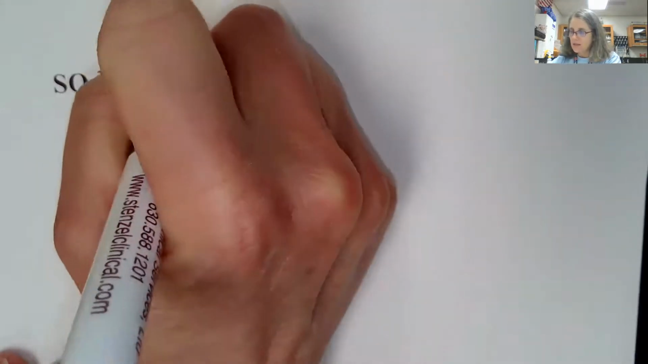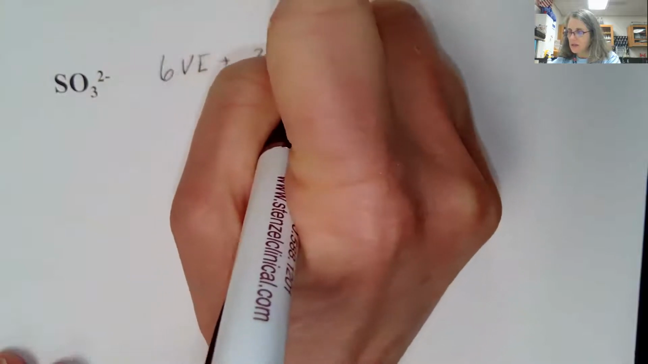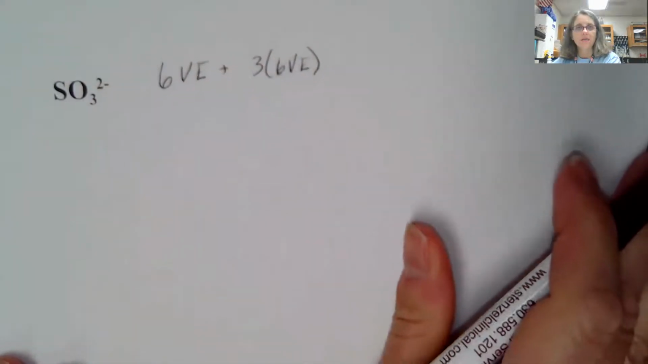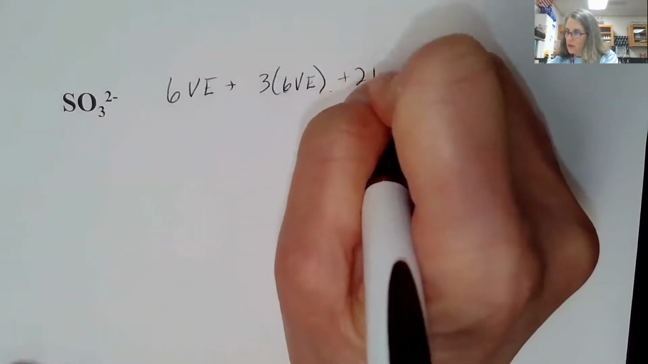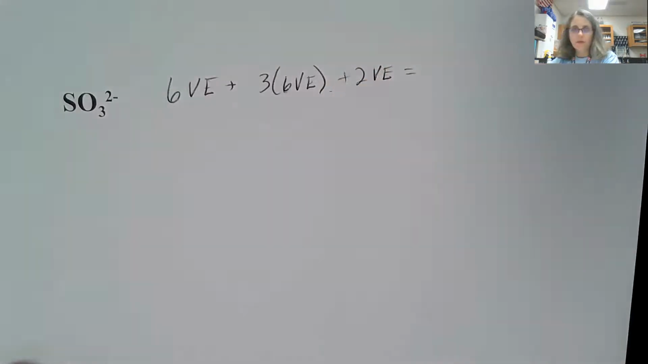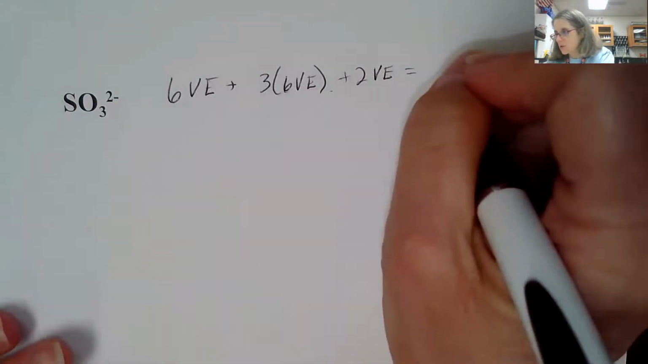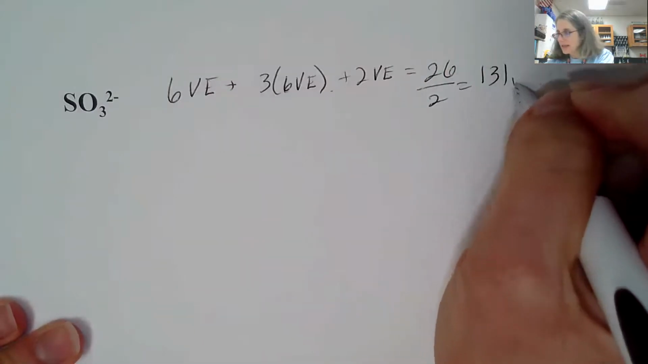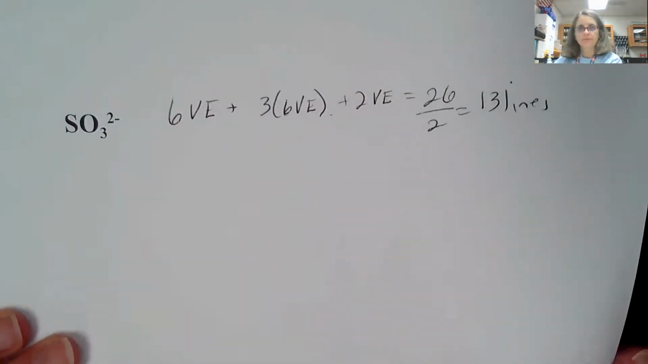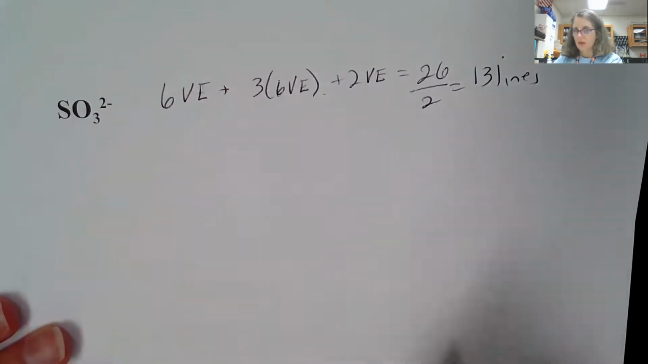So sulfur has 6 valence electrons. Then I have 6 valence electrons for the oxygens, 3 times that. And then I have 2 electrons that have been donated from someplace. So now I have 6, and then plus 18 plus 2 gives me 26 valence electrons. I divide that by 2 to get 13 lines. All right, so just like before,